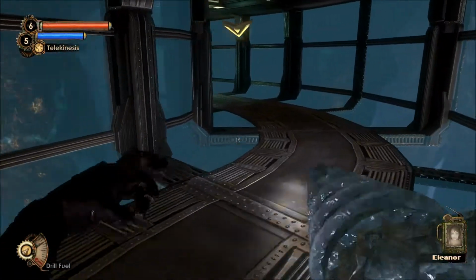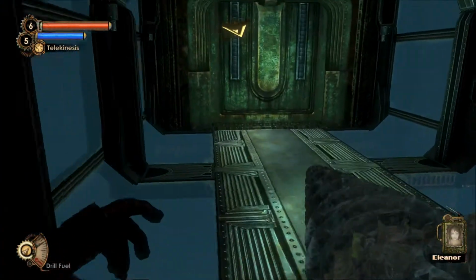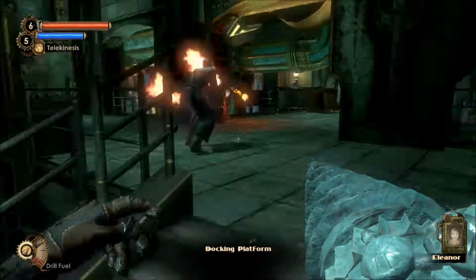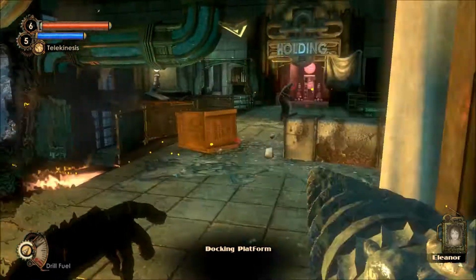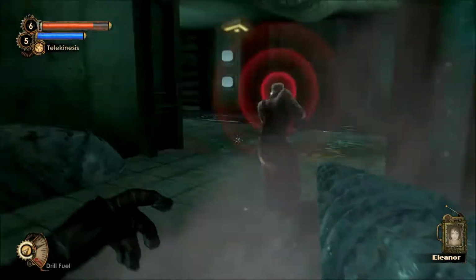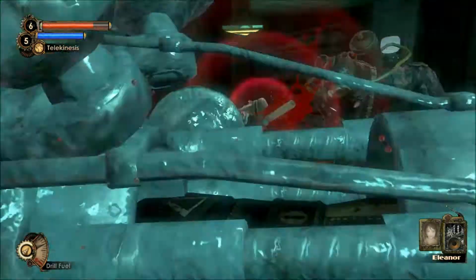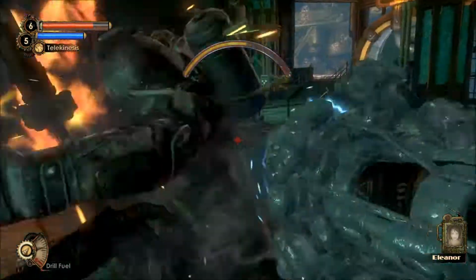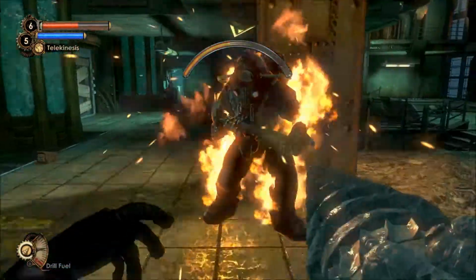There's a bunch of splicers randomly fighting each other for some reason. I'm not sure why that fight... the Alpha series was about to totally deck that guy, but